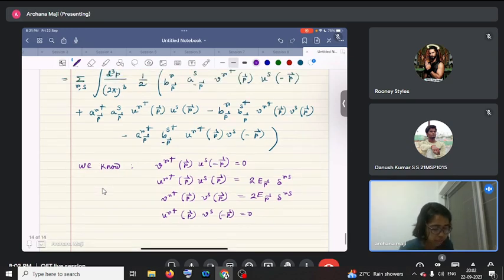So the first term and last term vanish, and the remaining two terms give us